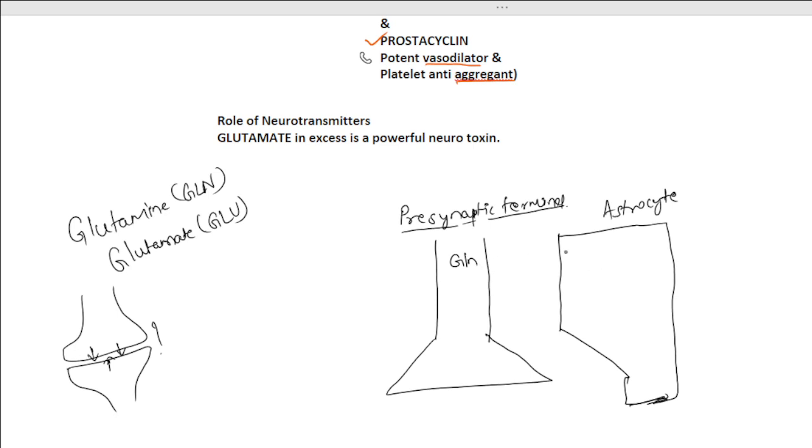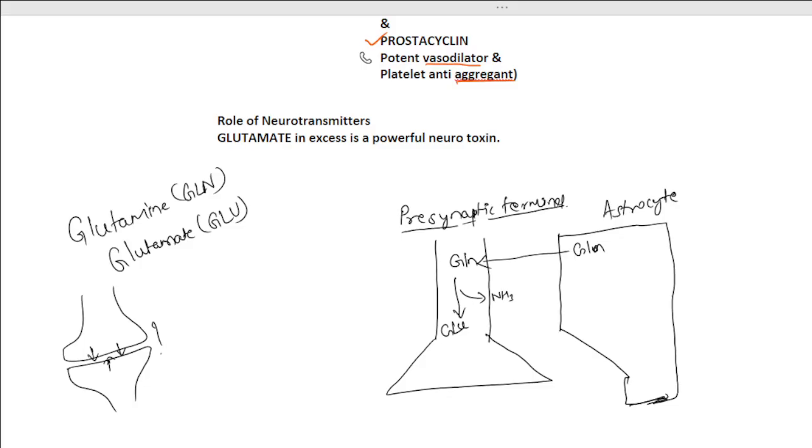will come from where? Glutamine, okay. It will give rise to glutamate. How? When one ammonia goes away from this. Clear? Okay. Now here,